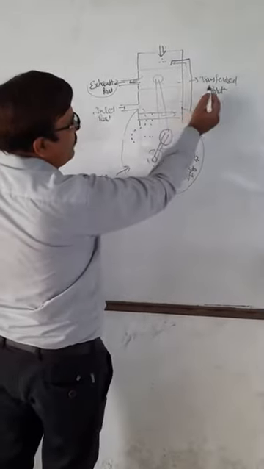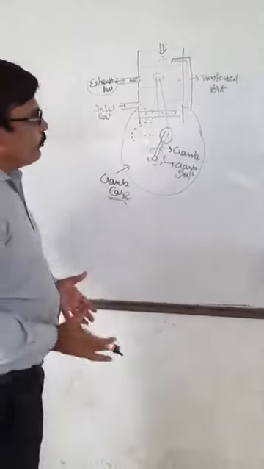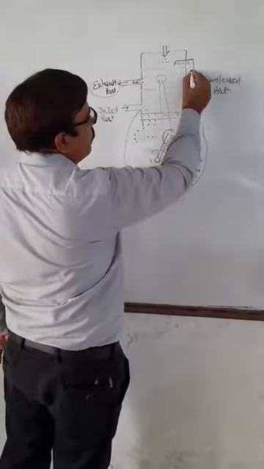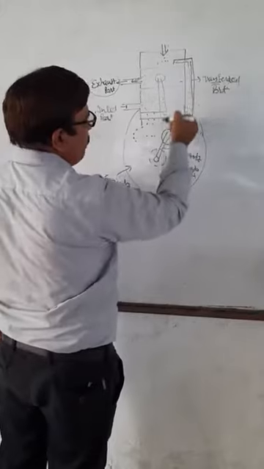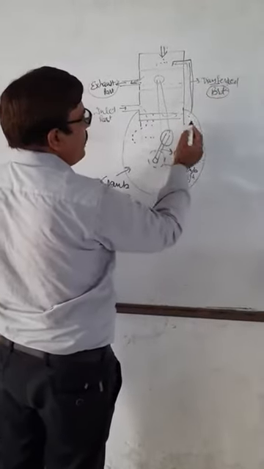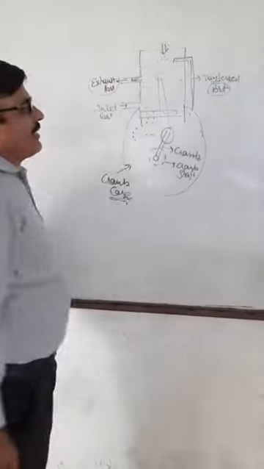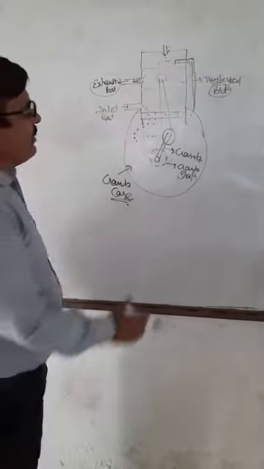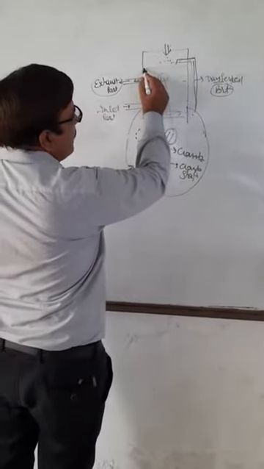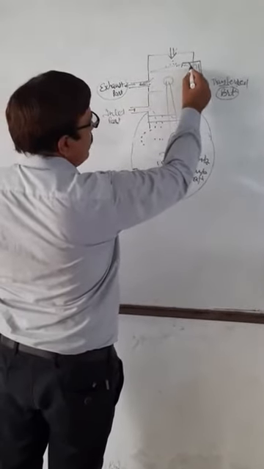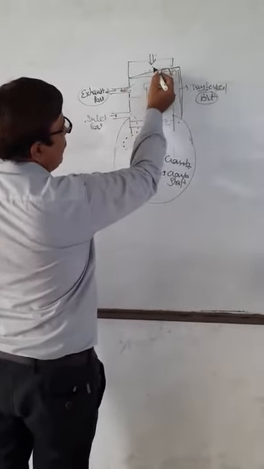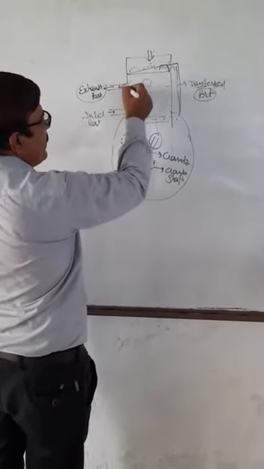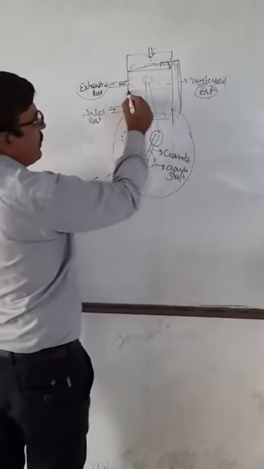When it is moving down side, your transfer port will be open. So it pushes the charge, the air-fuel mixture, to the cylinder through this transfer port. Because the transfer port is open, your fresh new charge will be supplied inside the cylinder. When it is entering the cylinder, the head of the piston is like a crown. When the fresh charge is entering, it pushes the remaining burnt gases to the atmosphere.